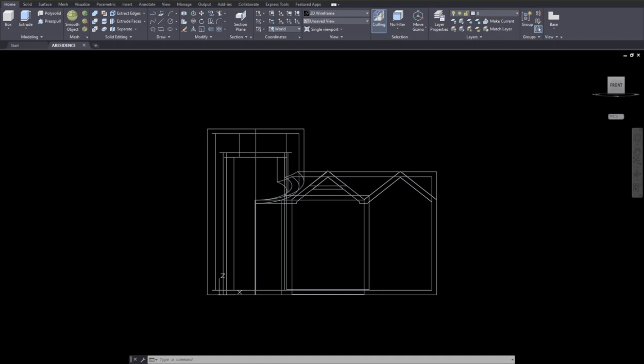Residence. In the last previous video we created the exterior walls, the roof, and the two towers of the castle residence, and now we're going to add the rest of the